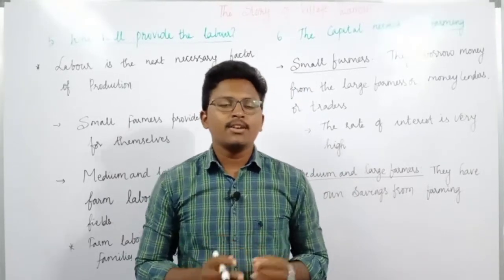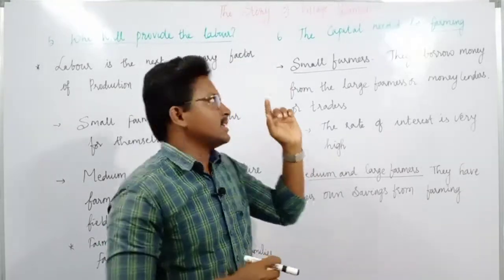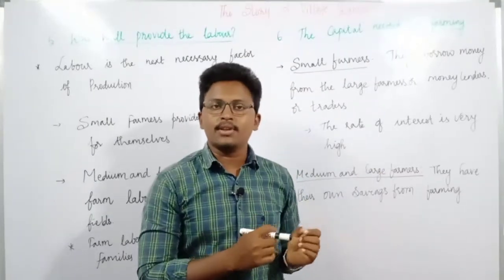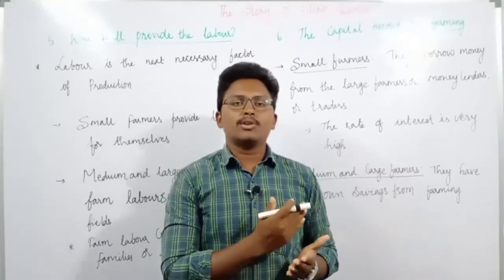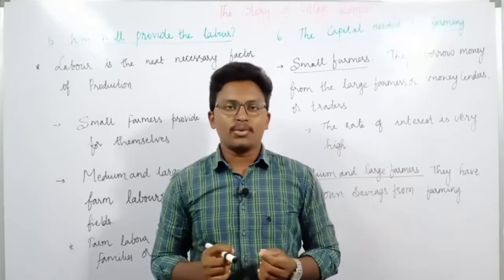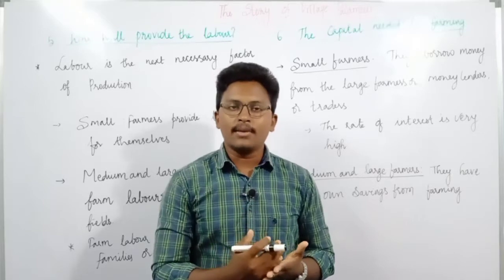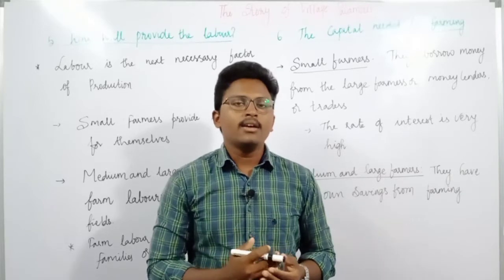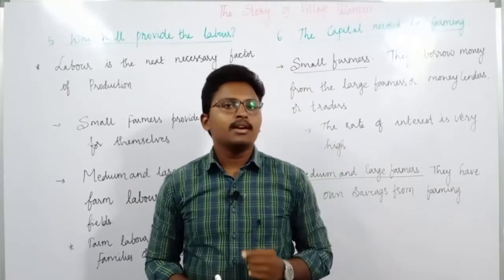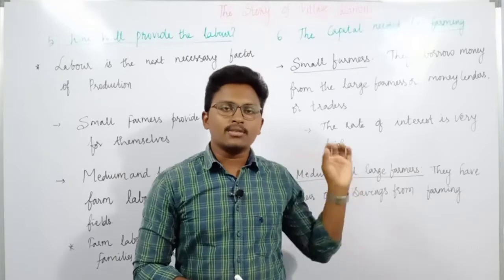In this lecture, we are going to discuss a topic from class 9th economics, that is the story of village Palampur. In the previous lectures about this chapter, we have already discussed the introduction, overview, and factors of production, and we have seen land, labor, physical capital as well as human capital. And we have also discussed modern farming methods, multiple cropping, green revolution, and we have also seen some other topics in this chapter.